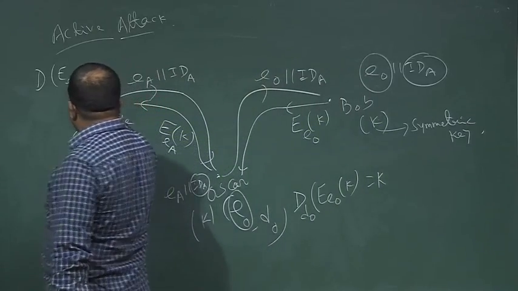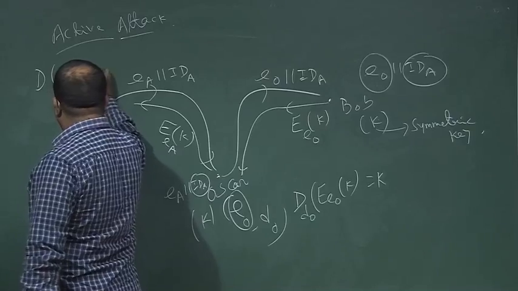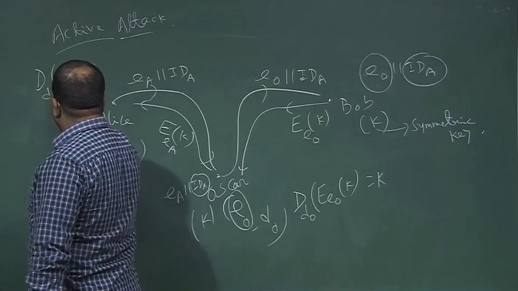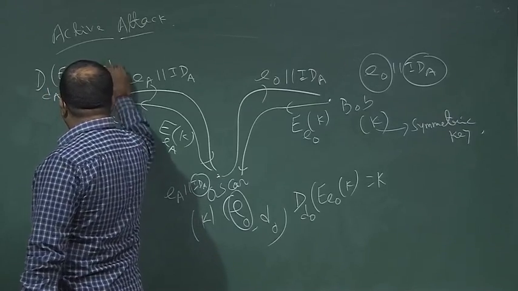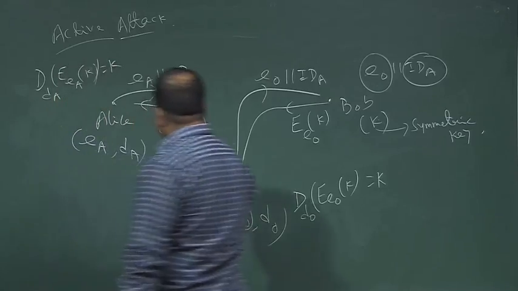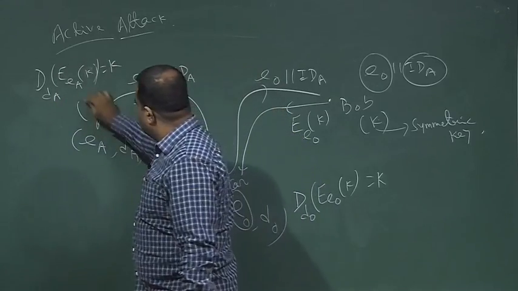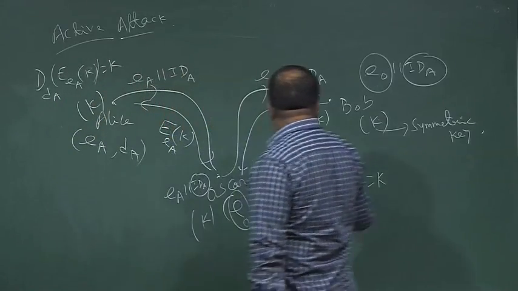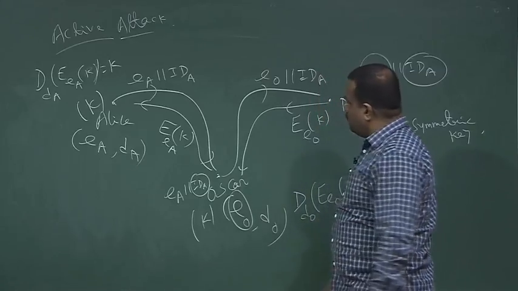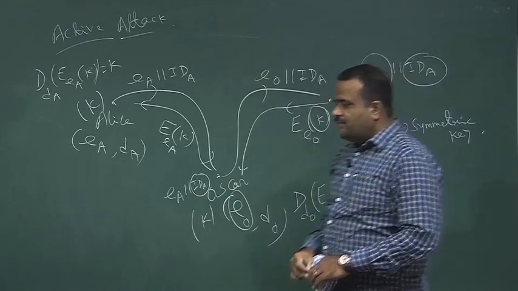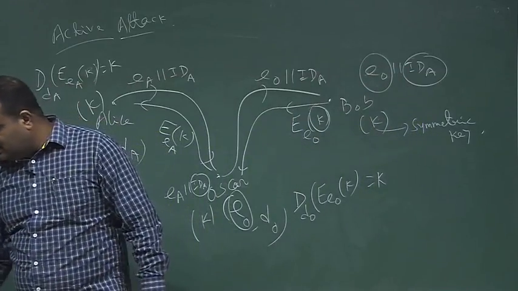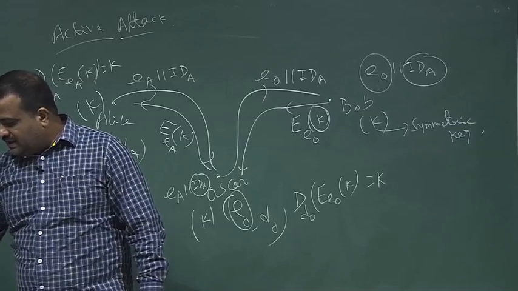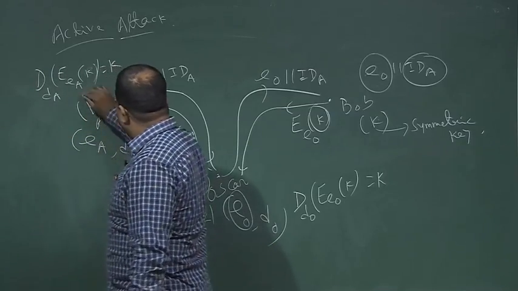So, this is basically K. So, this is D of A. So, Oscar is also getting the K, and Alice is also getting the K. So, now they all agreed with this K. Now Alice and Bob both agree with this message K, but they do not know that it is also agreed by the other. So, this K is now with